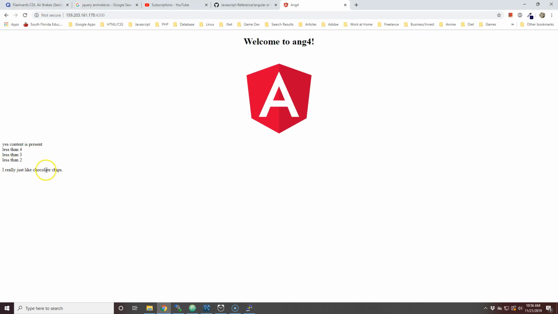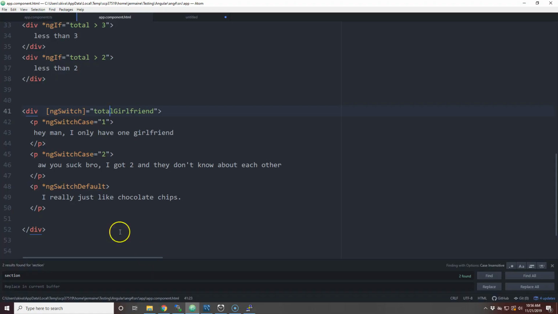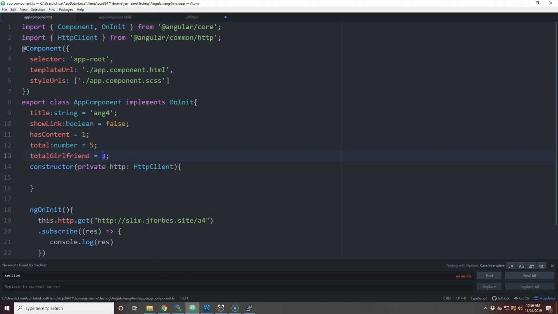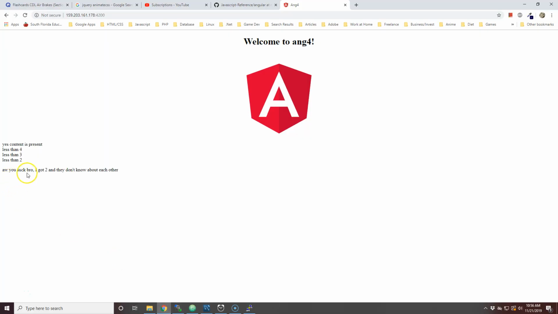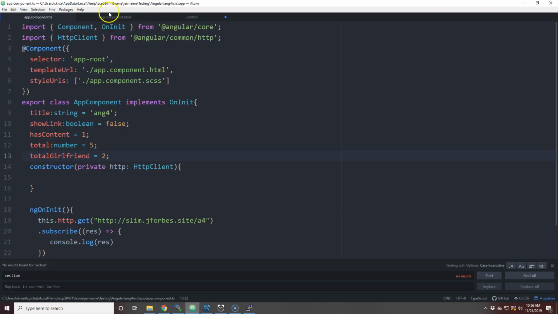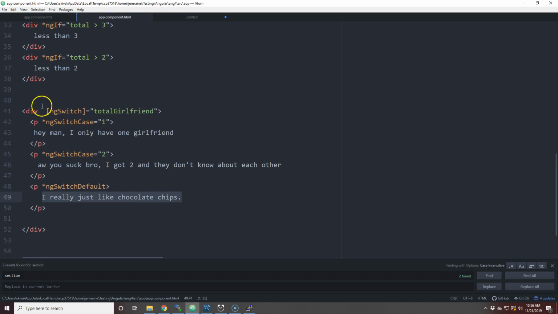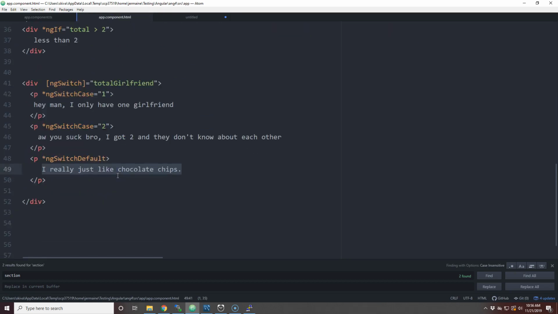I really just like chocolate chips. That's what's really being printed out. But if I said I had 2 girlfriends, let's say I had 2 girlfriends because, you know what I mean? They respect the boss. You understand? It says, "Aw, you suck, bro. I got 2 and they don't know about each other." You see what I'm saying? So this is so fantastic. You can use ngSwitch statements to brag about how many girlfriends you have, or the total amount, or if you really like